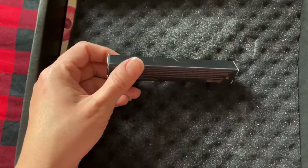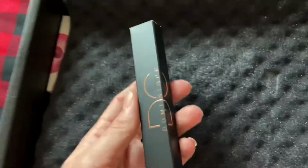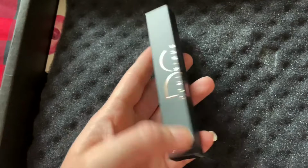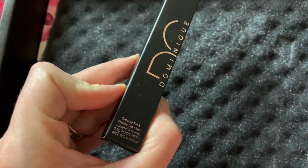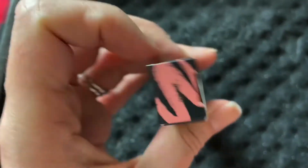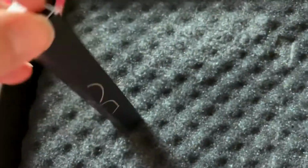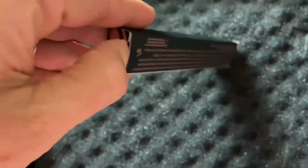All right, then this is from Dominique Cosmetics. I actually really like the Dominique palettes that we received. The sweater one, is that what it was called? This is the Creamy Fill and Define Lip Liner. What color is it in? Crush. So that looks pretty. I love these kinds of colors. You know how you're always drawn to the same...